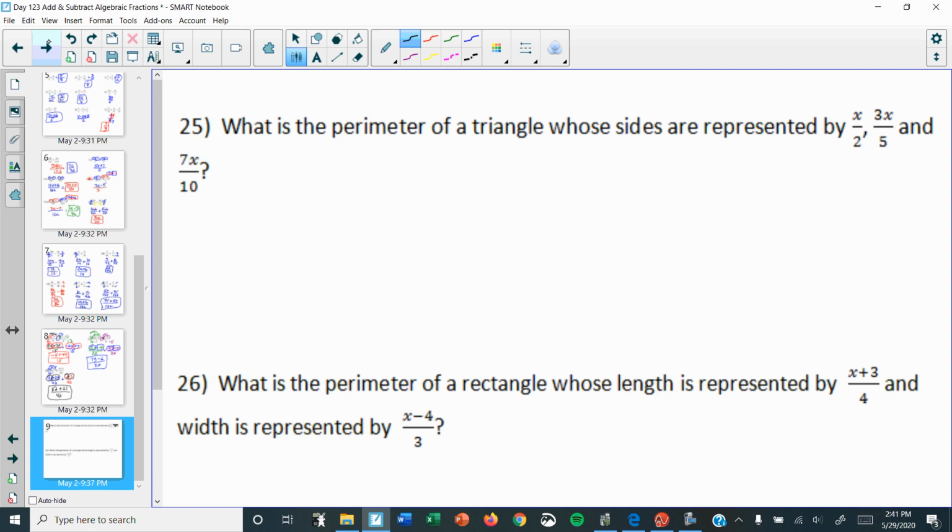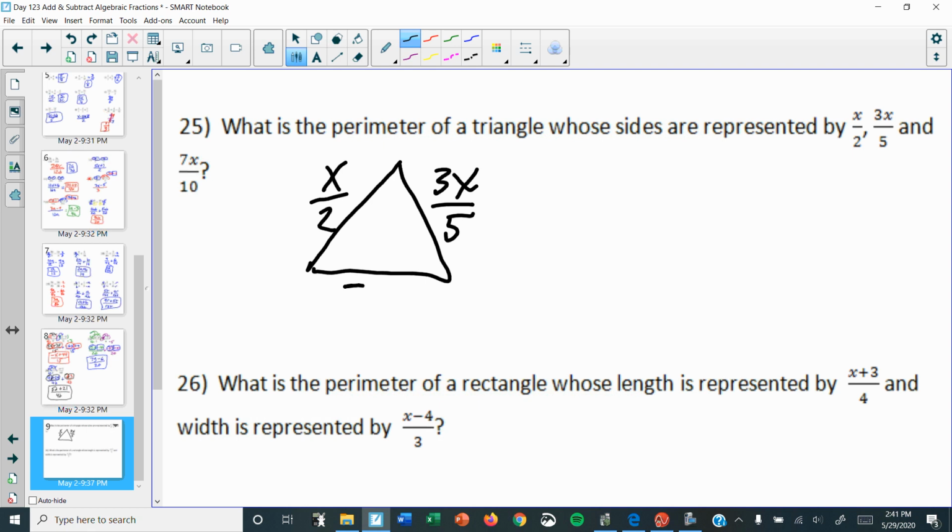Okay, perimeter. If it's talking about a triangle, why don't you just draw a triangle? Visuals help students. Just draw it. X over 2 is one side, 3x over 5 is another side, and 7x over 10 is the last side. And it says, what is the perimeter? Remember, with perimeter, you add up all the sides. So it's just saying, what's x over 2 plus 3x over 5